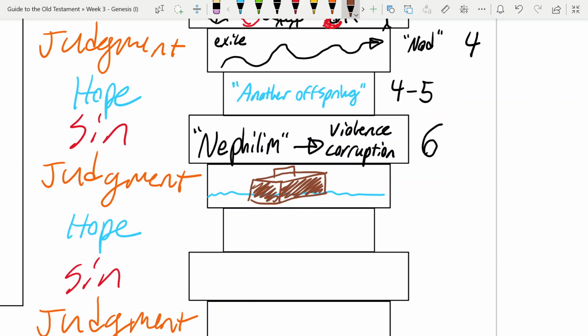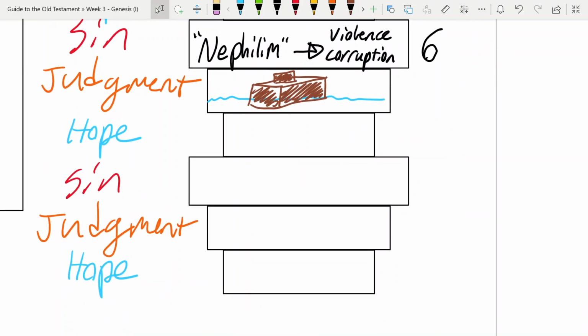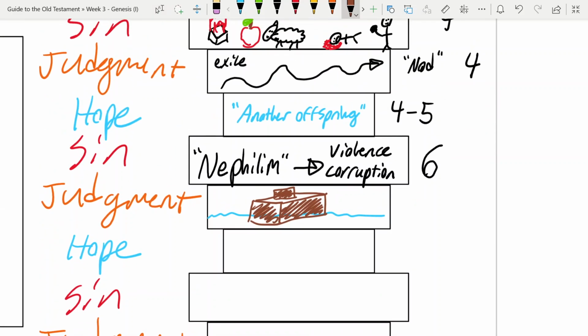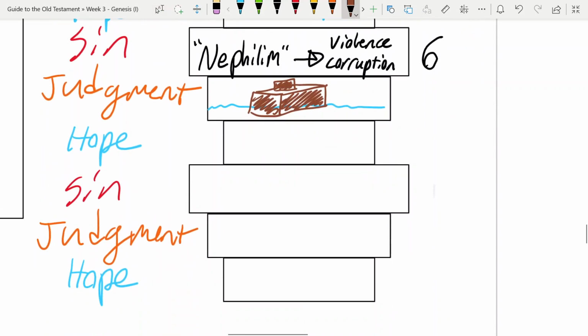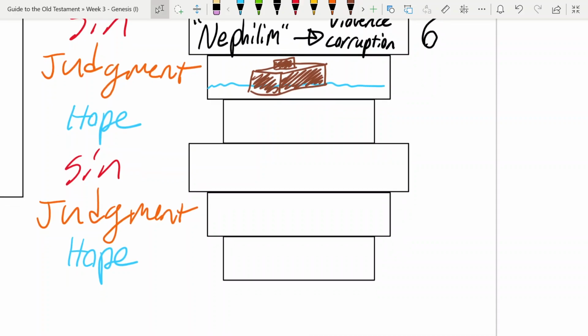And this is seen as a cleansing of the earth, right? The whole earth is cleansed by this water, and all flesh perishes except Noah and his family. But again, an offspring is preserved, and that's what we're keeping track of as we follow this family line. So this is in chapters 7 and 8 where we're getting that. And then really it's 8 and 9 where we see this element of hope.